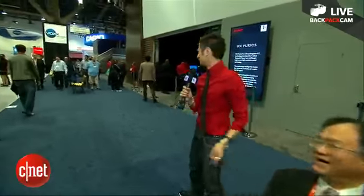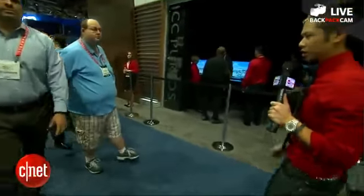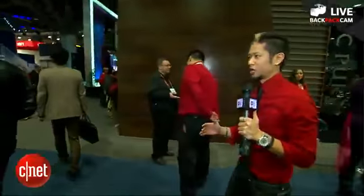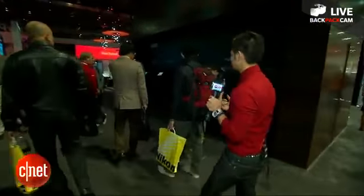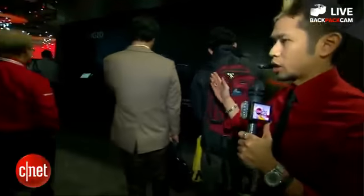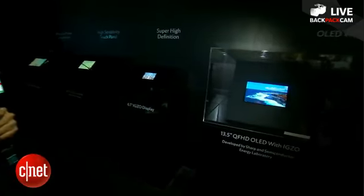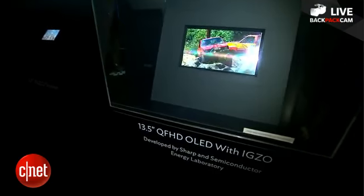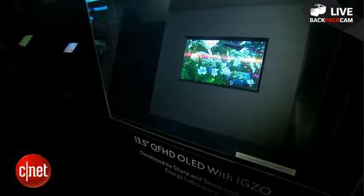Okay, we're going to come over here and just check out Sharp's booth again. Just see what's happening over here. The good thing about this right now is the show floor is the most open it'll ever be. It really allows us the luxury to walk through here and have some fun. So let's go over here real quick behind me. We won't get too in-depth, but what they're demoing here is this technology, Sharp's IGZO displays. What they are is it allows them to give higher resolution on their LED screens. But the big thing is that they're bringing them to larger size screens for televisions so that they'll have higher